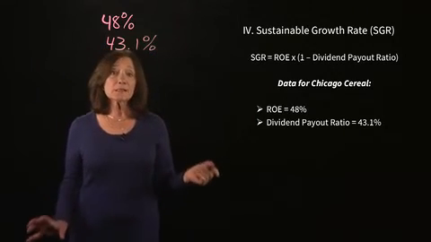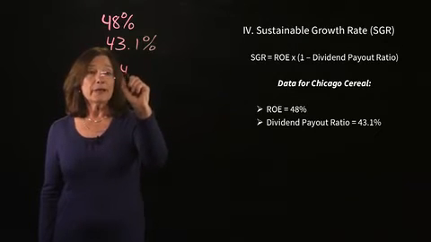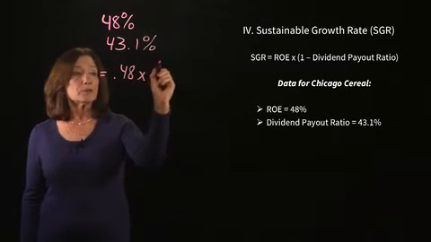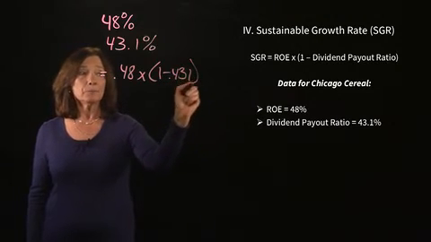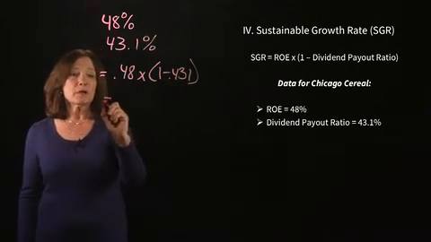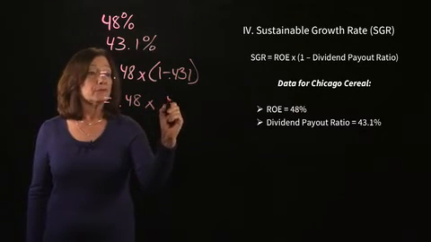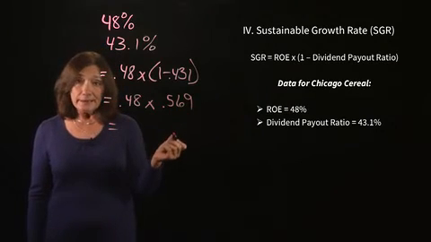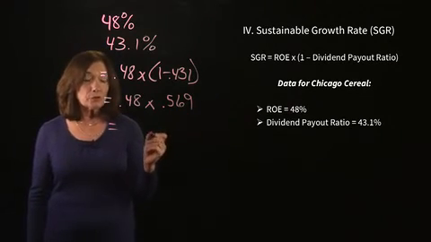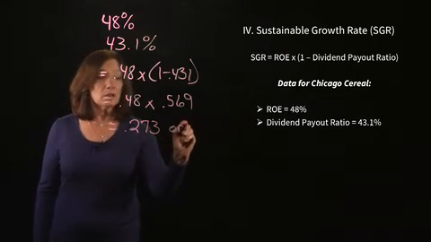So, plugging this into our formula, we have 0.48 times 1 minus 0.431, which gives us 0.48 times 0.569, resulting in a sustainable growth rate of 0.273 or